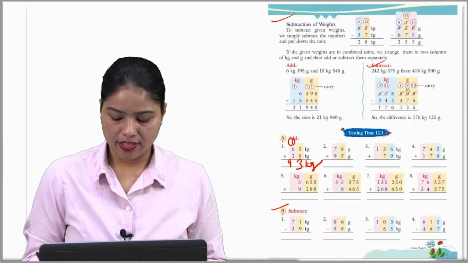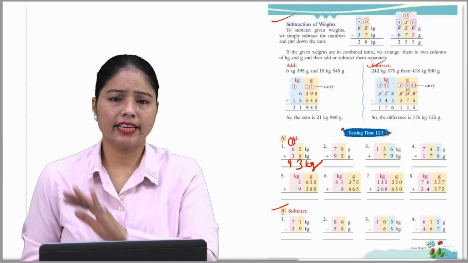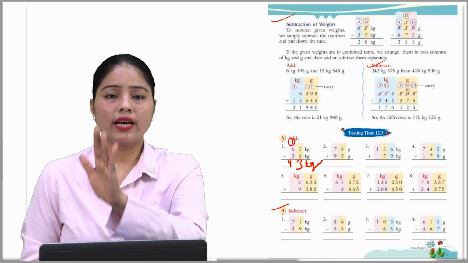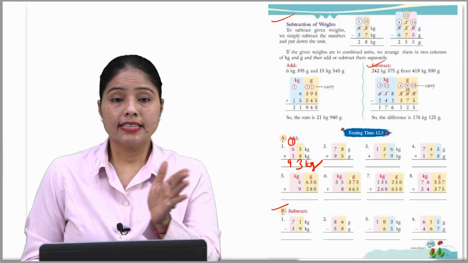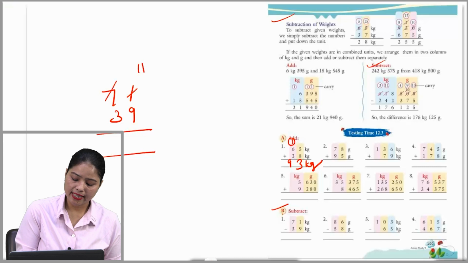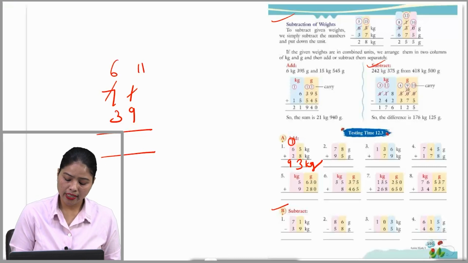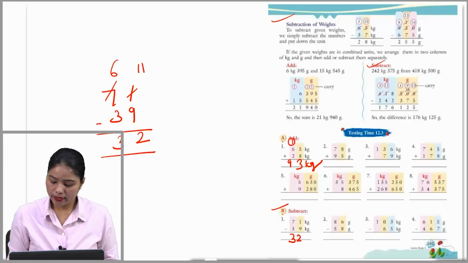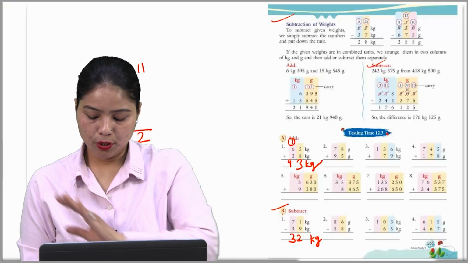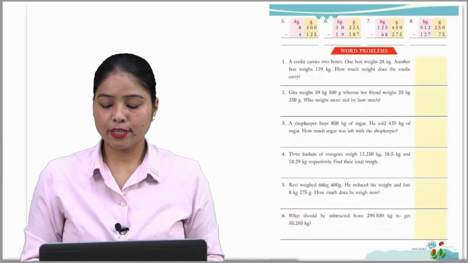Now move on, subtract. 71 kg minus 39 kg. So 9 can't be subtracted from 1. Then 1 will take 1 borrow from 7 tens. Now it becomes 11. So write it 11 like this. And here it remains 6. So 11 में से 9 गया, कितने होते हैं? 9 के बाद 10, 11. So 2. And 6 में से 3 गया 3. So write it 32 over here. But 32 क्या? kg. Don't forget to write kg or whatever the unit is. Okay. So this is simple subtraction. I hope you understood well.